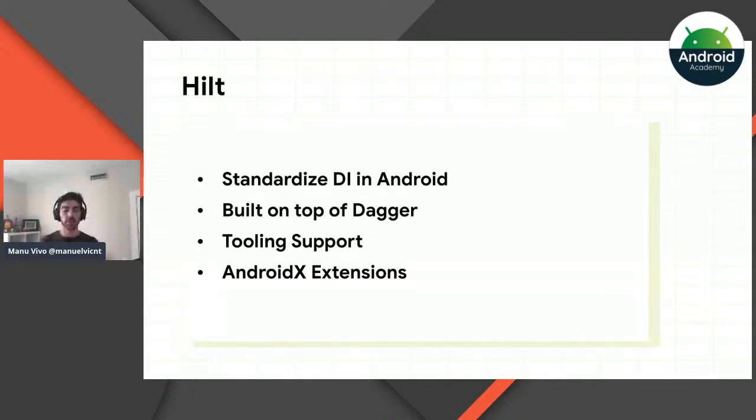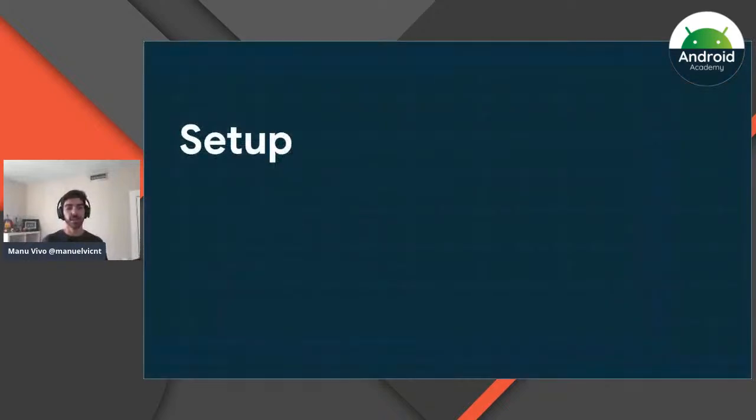Cool. So no more introduction to why dependency injection. I hope I could convince you that you should use dependency injection. We're going to see how you can use Hilt in your application. So the setup here is pretty easy. We said that Hilt is going to generate all that construction logic code that you would need to write otherwise.